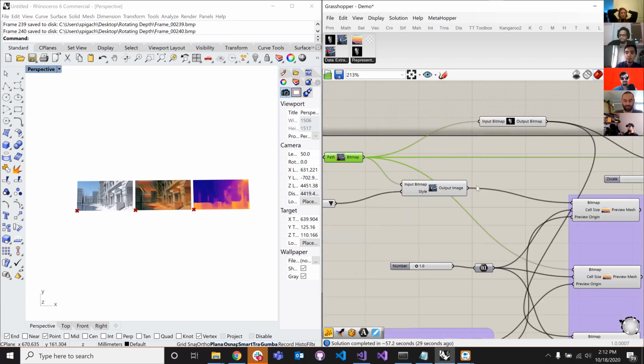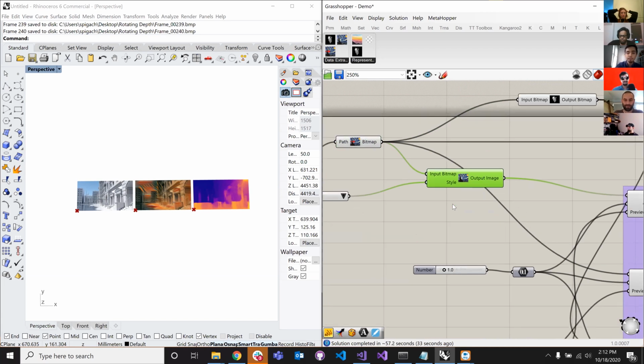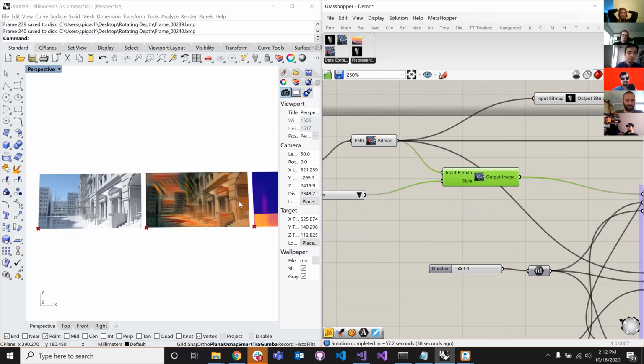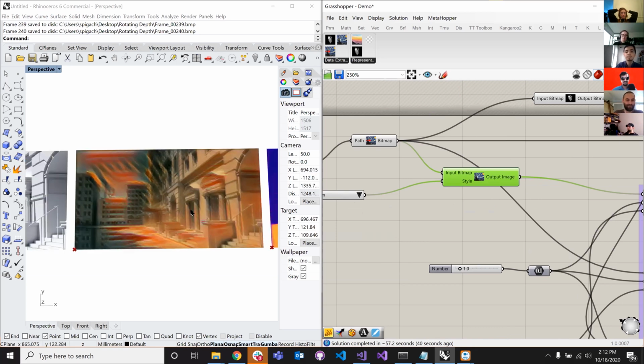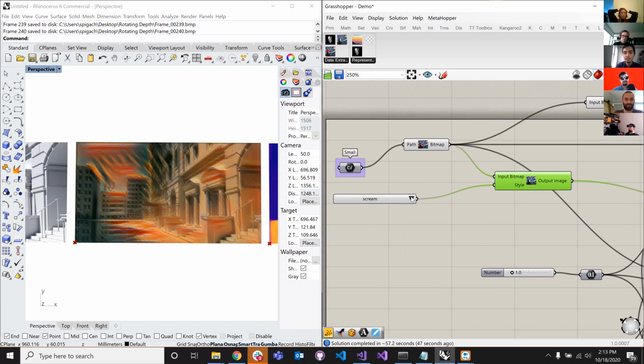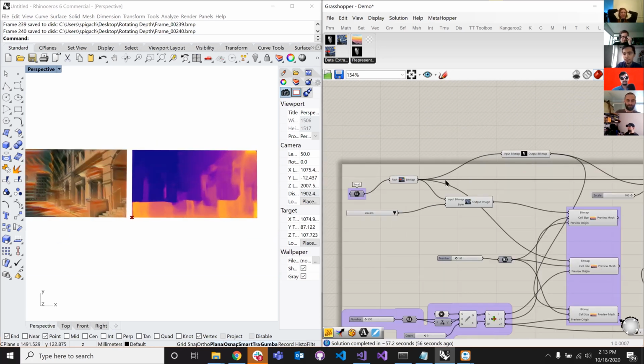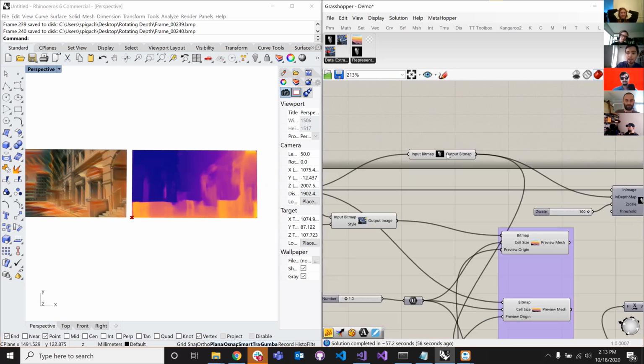And then we have a component that allows you to interface with the style transfer GAN that can quickly transform this image into something maybe not structurally different, but visually quite distant from the original. You can also choose between different pre-trained models. And that is combined with a different route on the server that is responsible for generating the depth map.